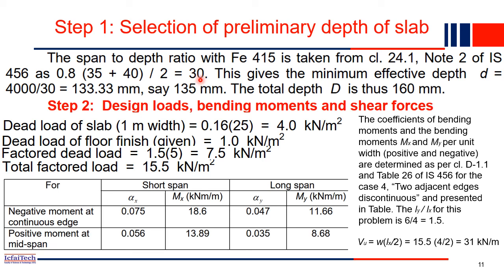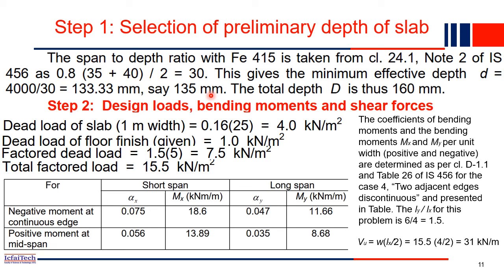So it comes out to be 30. So this gives the minimum effective depth: 4000 divided by 30. 4000 is what? Lx, right? Lx value is given to us, 4000 divided by 30, which is nothing but 133 mm. So let's consider 135 mm